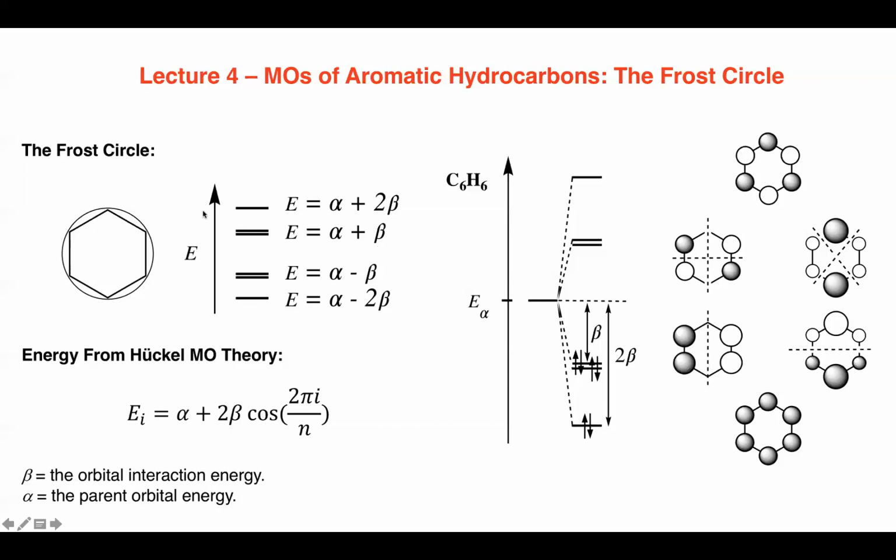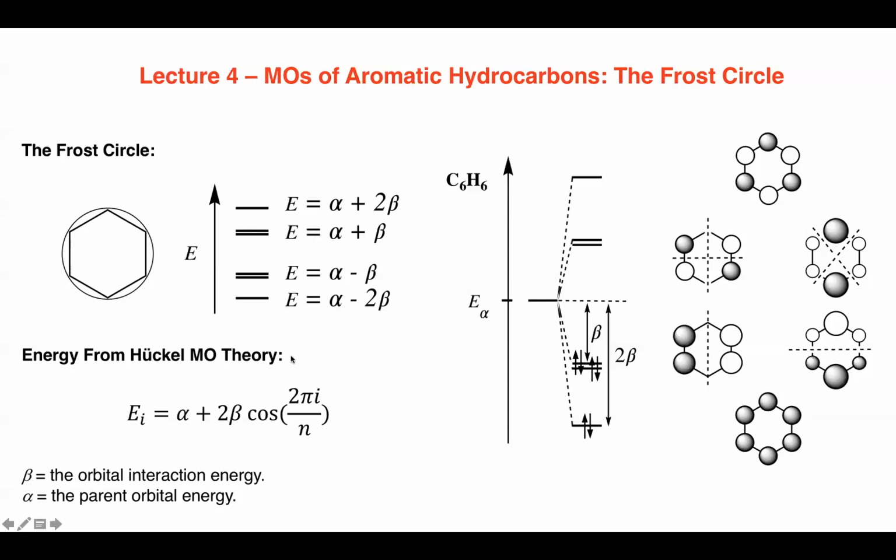The next 2 atoms make 2 MOs. And then finally, this atom makes 1 molecular orbital. And the energy spacings of those functions are shown: -2 beta, beta, beta, and +2 beta. All right, so